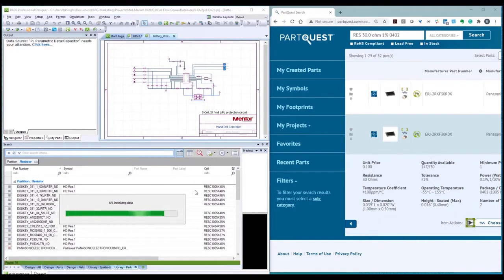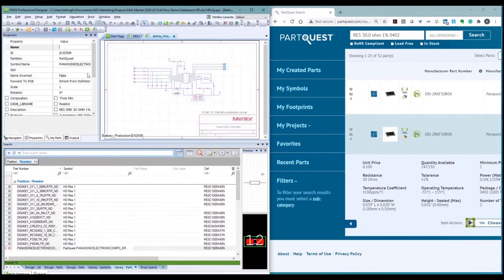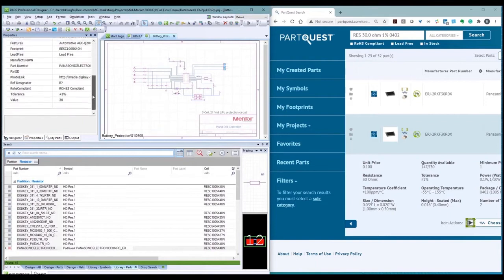After a few seconds to download and import into our library, we can now see the part is available for us to add to our design. Adding the part to the design is very simple. You simply right-click over it, click Place, and drag it onto the schematic. We can then go over to our Properties window and see all the property information that was delivered with the